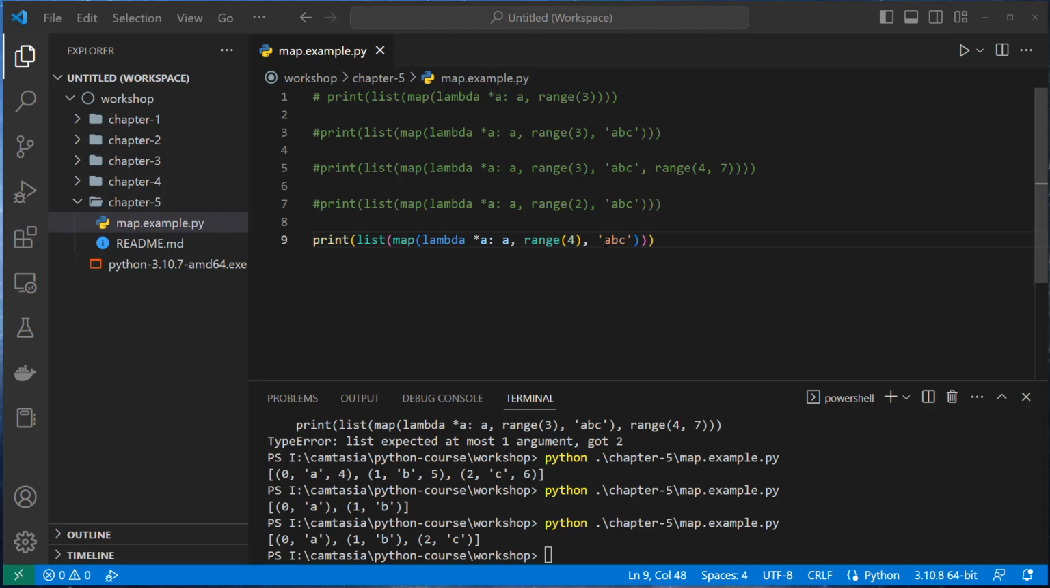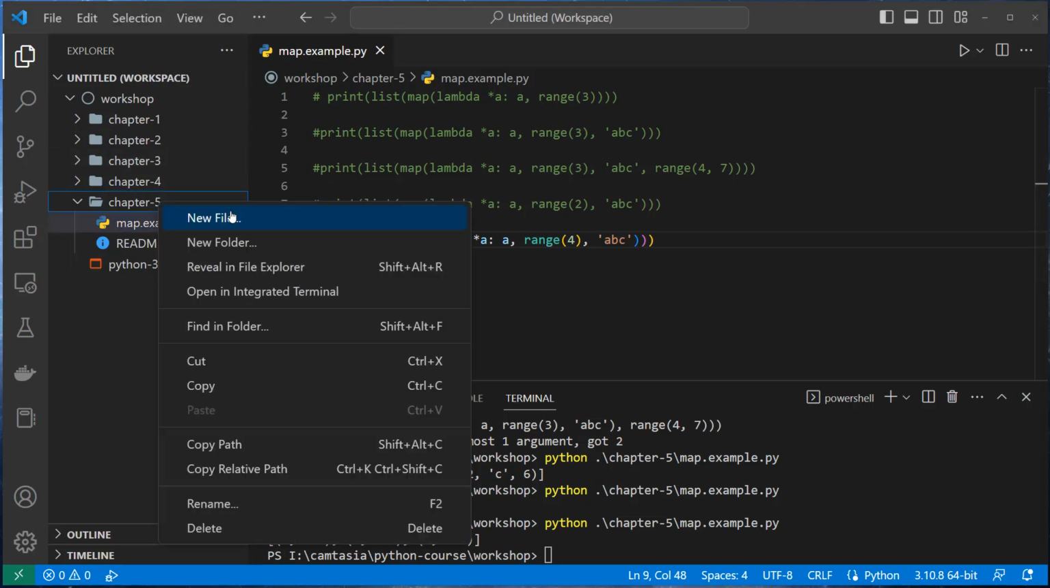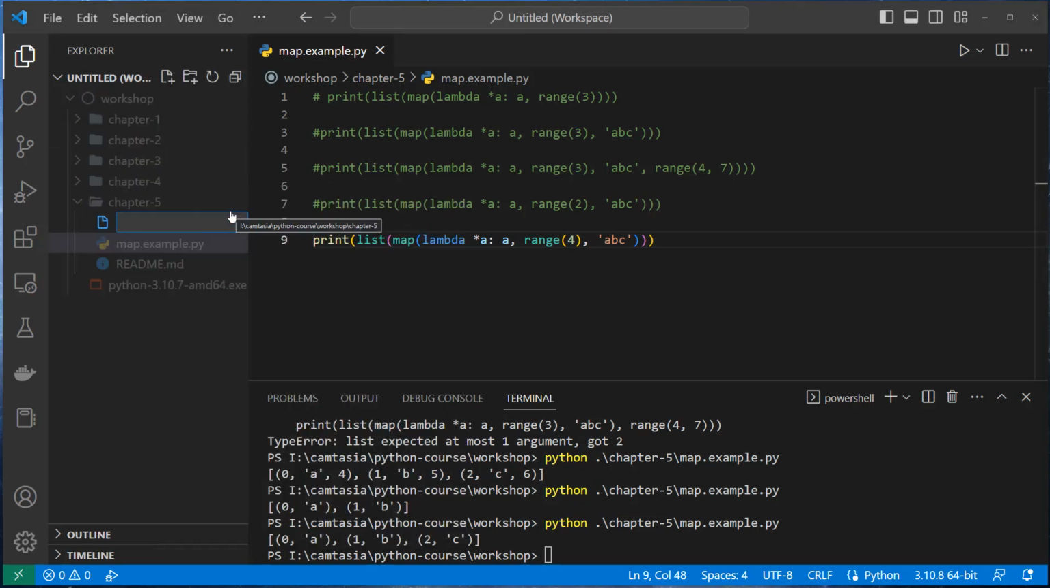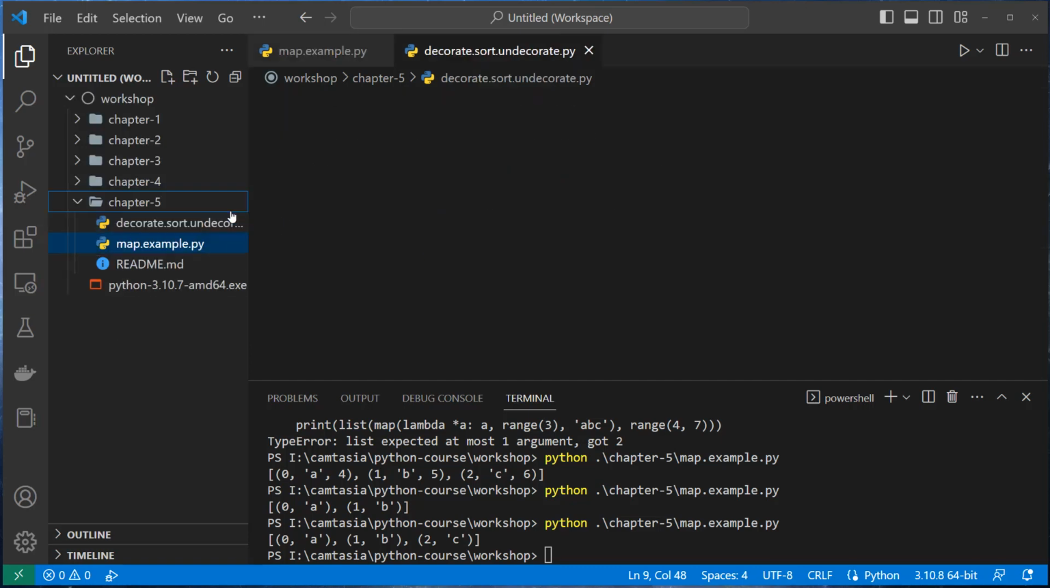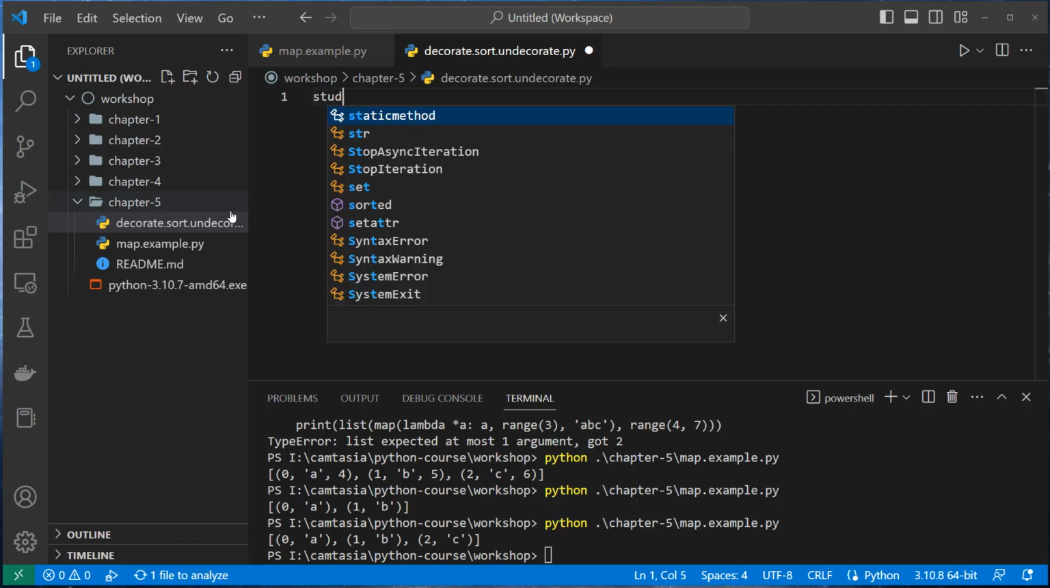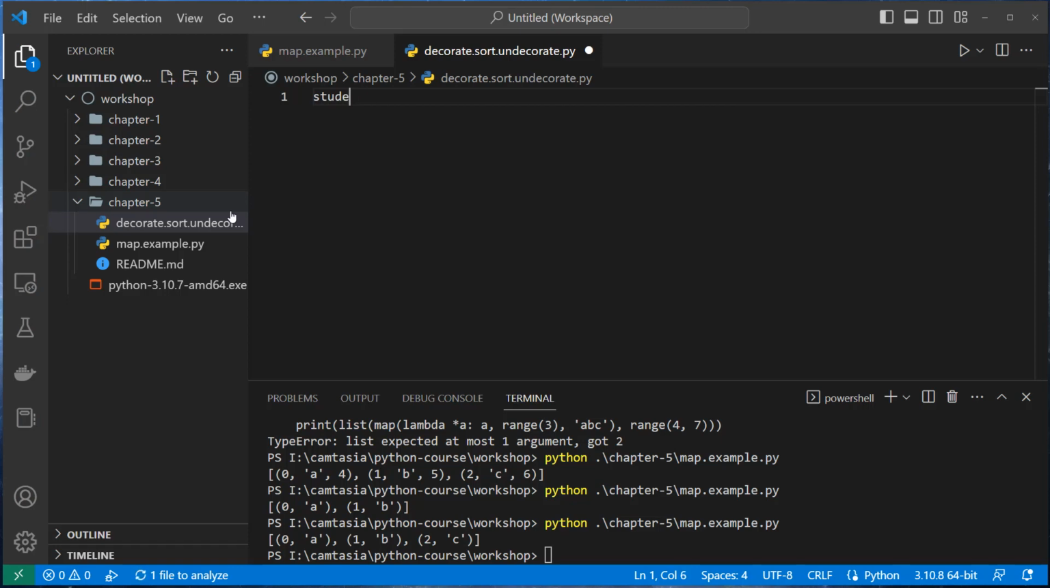Okay, for that I'm going to create a new file called decorate_sort_undecorate.py. Remember that after the sorting we revert the decorated objects to get the original ones from them. This is called the undecorate. So I want to say students equal to